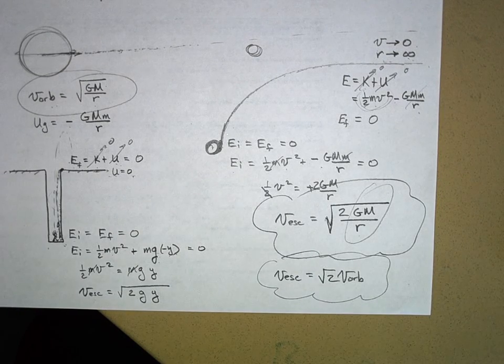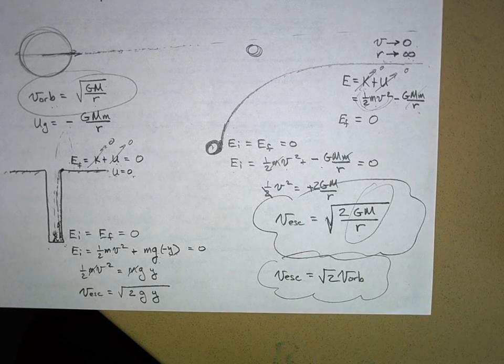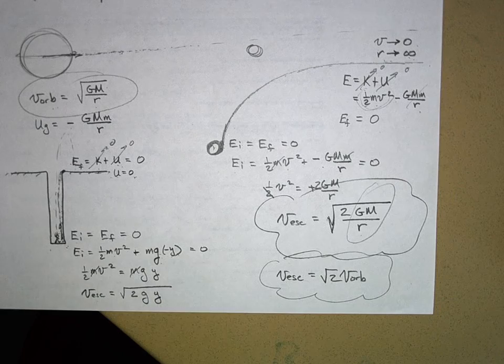Why the square root of 2? It's because of the nature of three-dimensional space. We live in a three-dimensional universe, and gravity spreads out by the square of the distance, and so all of that forces our universe to exist in such a way that the escape velocity, to go up and never come down, is equal to the square root of 2 times the orbital velocity, the velocity you need to fall around a planet. Very, very cool stuff.